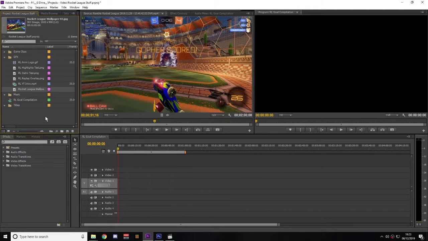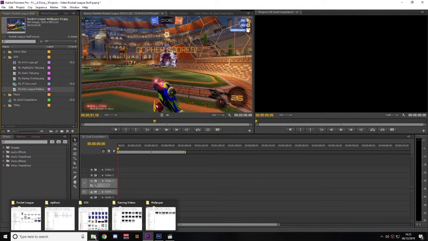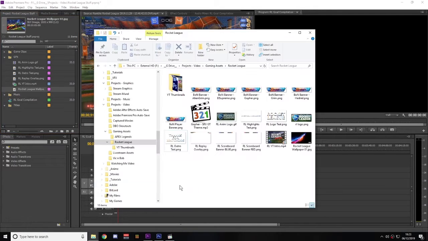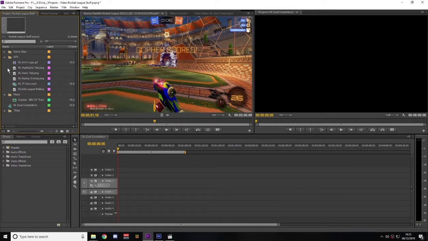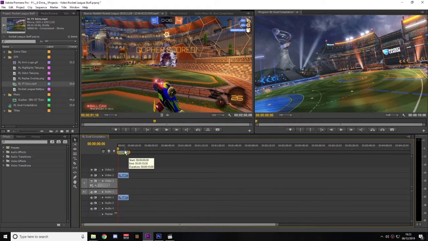So we've got a selection of files. One more thing that I've got to include. I've got this music that I created. It was for an Elite Dangerous video project, but it works just as well for Rocket League, so we'll drop that music in the music folder. And with the game clips in that folder, our graphics here, and the music, we're more or less ready to go. So we'll start off first by throwing in